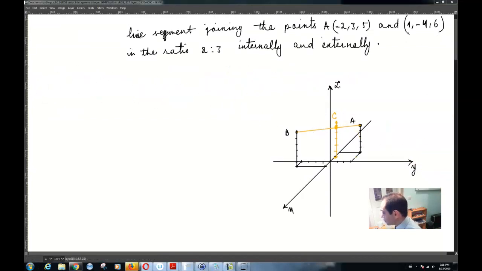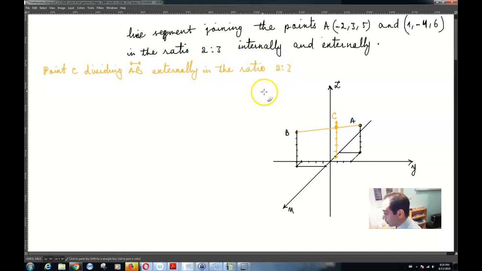So now the second part of the question is, there is some point C dividing the line segment AB externally in the ratio 2 to 3. The ratio 2 to 3. So what that means is that if your line segment is, now this is something that you do need to